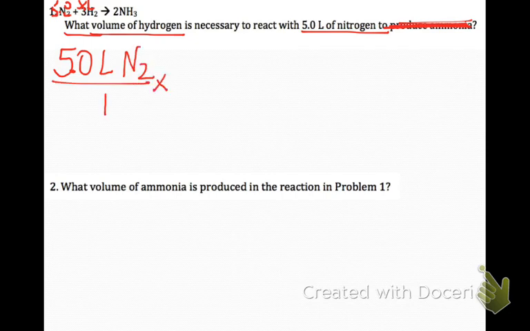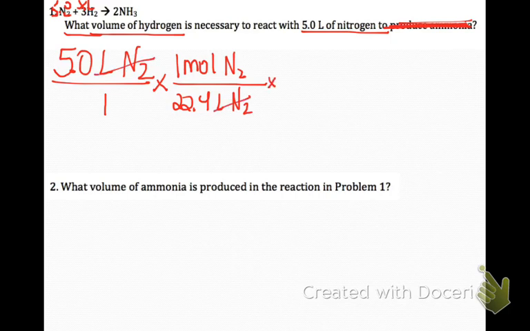From here, looking at your mole map, you're on the lower left-hand side where you have liters of a gas, and you want to get to moles of a gas. So you've got to get to moles first before you can get over to the other compound. So I'm going to actually use my conversion factors. I know that 1 mole of N2 is equal to 22.4 liters of N2. And the reason I put the 22.4 on the bottom was so I can cancel out liters. Now I'm in the center. I have 1 mole of A, which in this case was N2. So I want to get to moles of